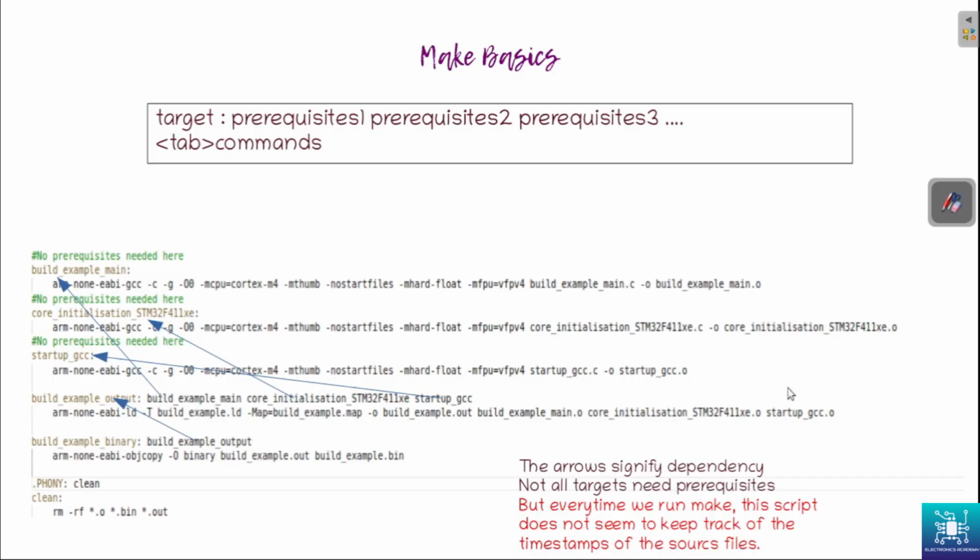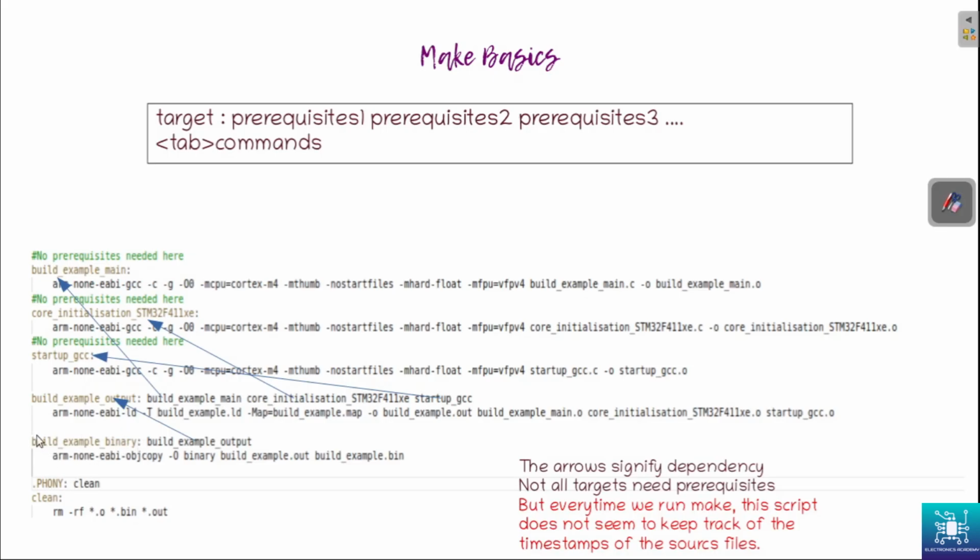And we give the linker command straight away as we do. And then there's another one, which is the creation of the binary. So it's the objcopy command that we have, and this one's prerequisite is the output here. So this is how it goes. If you ask make to create the binary here, that is build example binary, if you do make build example binary here,